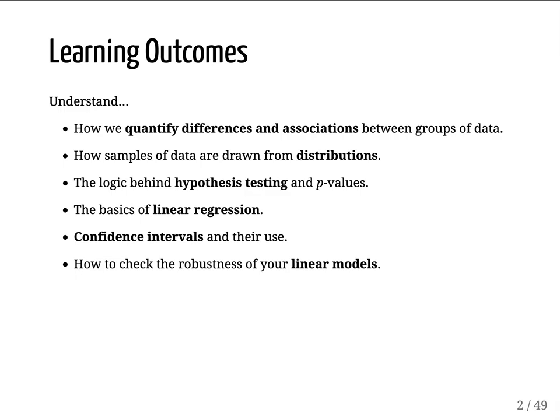Now, we're going to be looking not only at quantifying whether or not we have the presence of an effect, but also our uncertainty in how big that effect is. So, of course, if we're going to be estimating whether there's some effect in a sample that scales up to a population, we need to understand that because our sample might not be entirely representative of the population, we should have some uncertainty there. And this is where confidence intervals come into play. These describe an upper and lower bound for the effects that we're trying to estimate